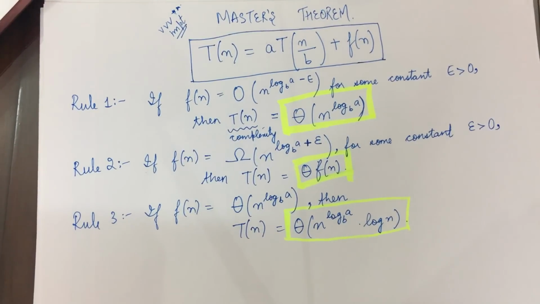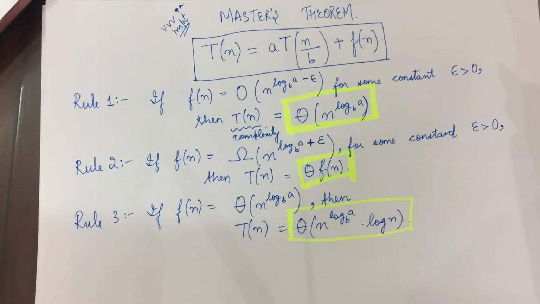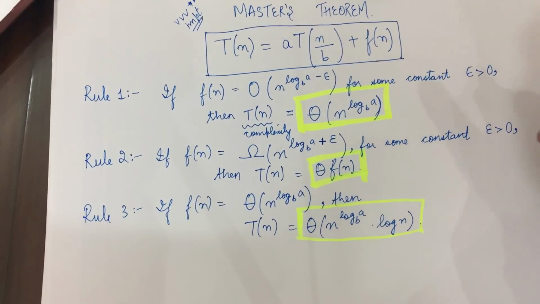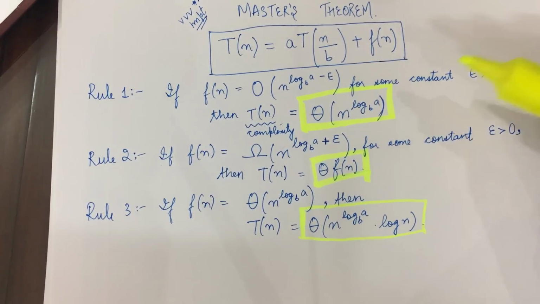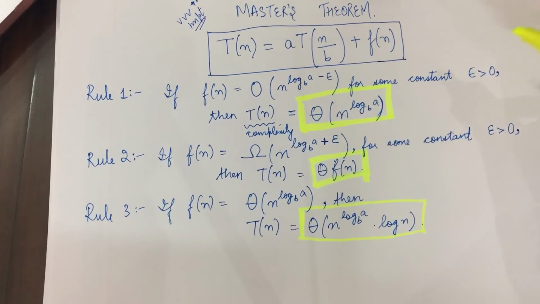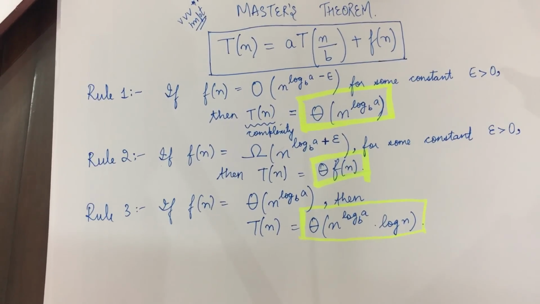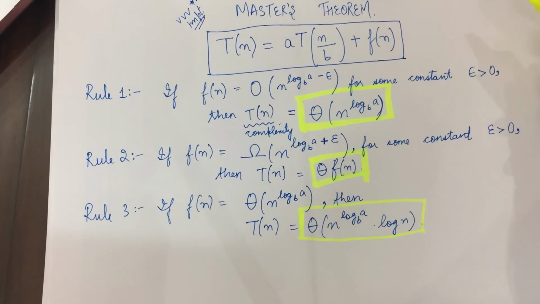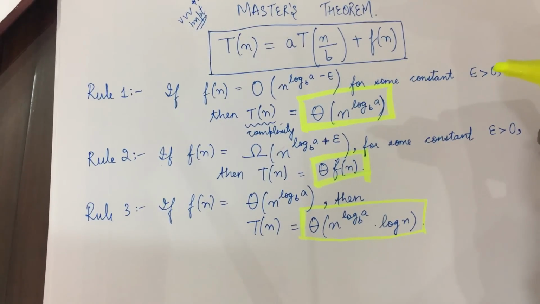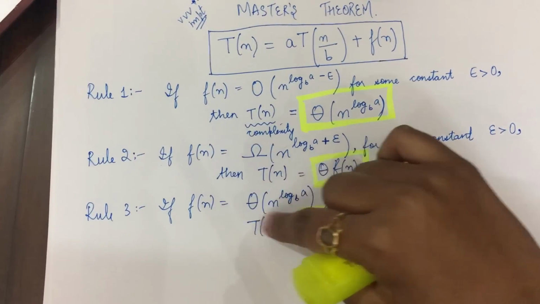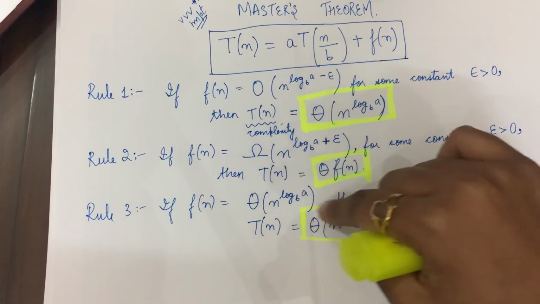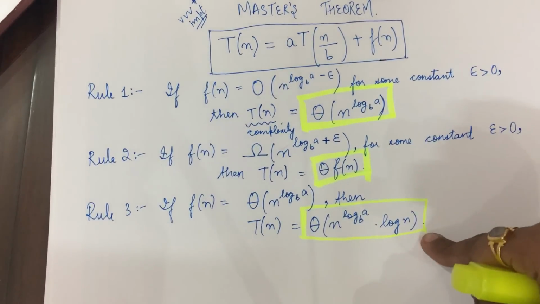In the next few presentations we'll do some questions. Okay, we'll do one question each in the next presentation itself about each of the rules, and you will actually come to know how we are finding the values of a, b, and you will also come to know how we'll apply the rule and find out the complexity of a given function. Like if the function is in the form of these, then we find out the complexity is in the form of these.